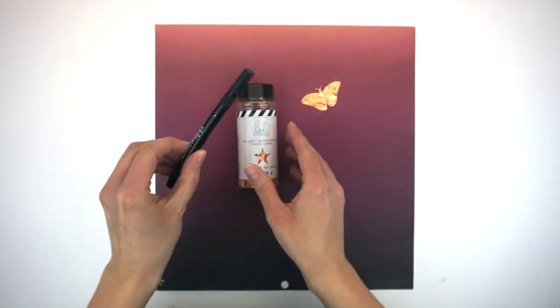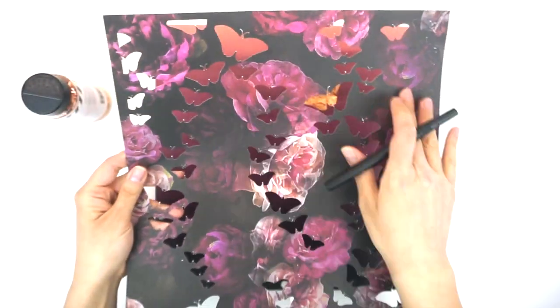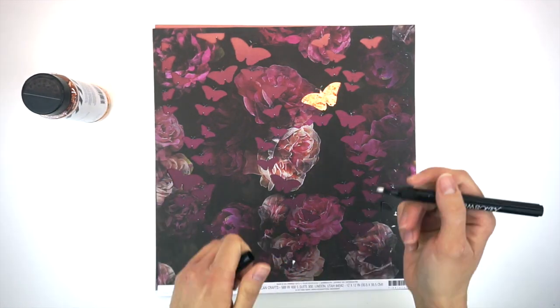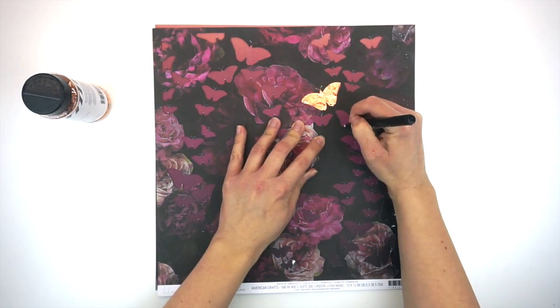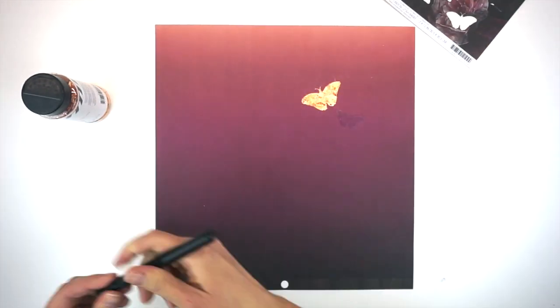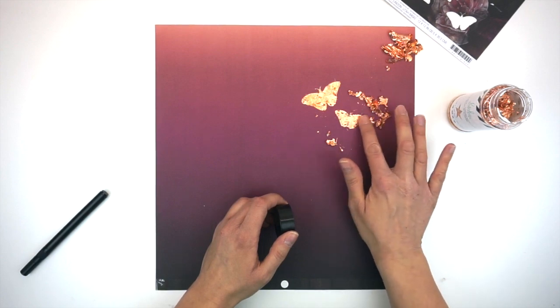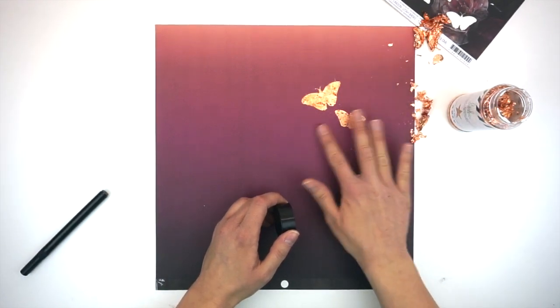So to begin, I have the rose gold foil flakes and the fine tip glue pen. You can see that I already started with one butterfly, so I will show you how I created the pattern of butterflies on my background page. So I simply will use the silhouette stencil that I had cut out, and I apply the glue pen